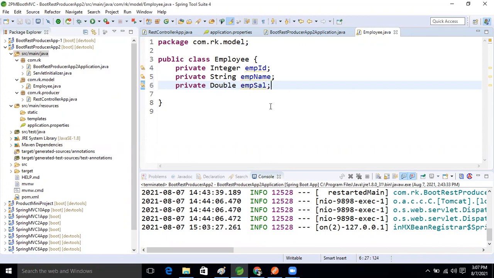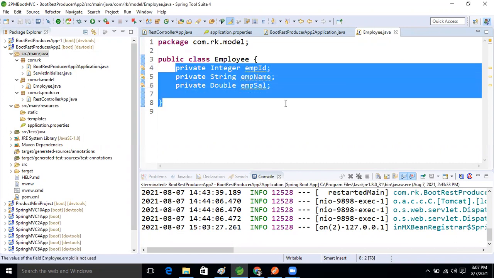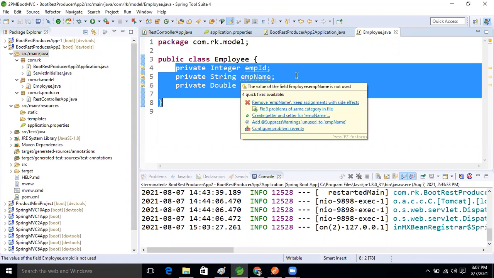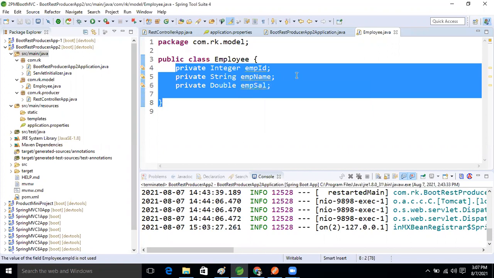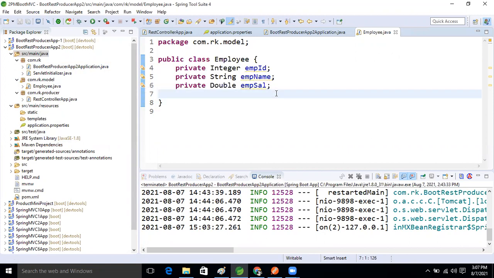Now I want to generate setter and getter methods, so I'm going to use the Lombok API. But at the time of creating the project, I did not take the Lombok dependency. So how can we add it after building the project?